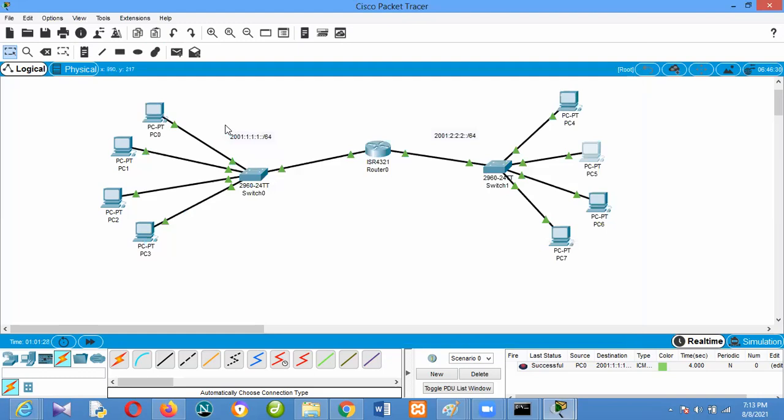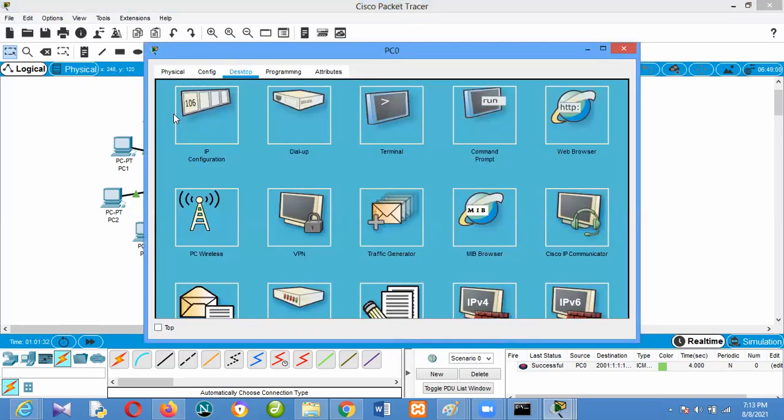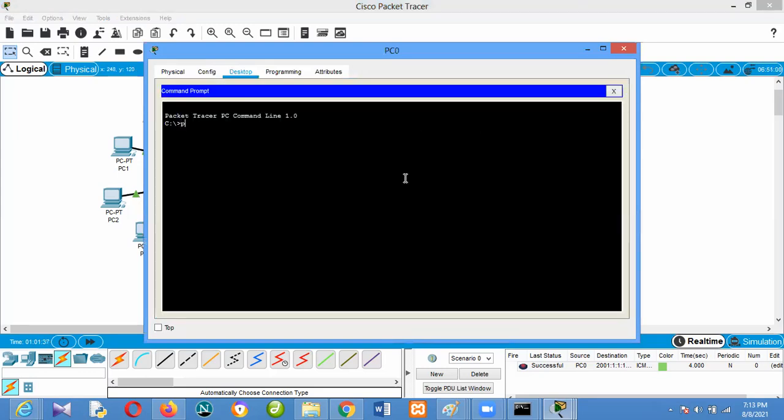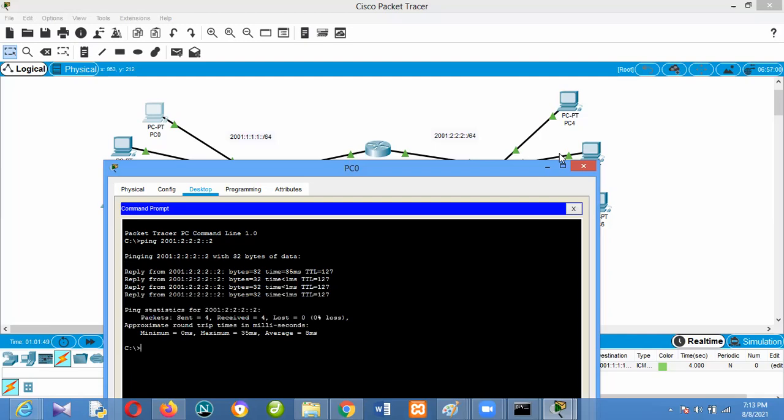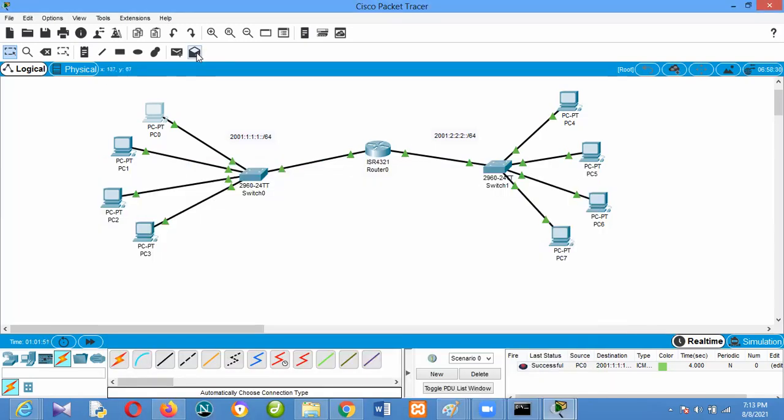So if I want to ping this one from here, I just go to the command prompt and say ping, paste 2222. That means this is the 2222 network here. If I ping it, it is responding. Or I can still use the same thing we used to do before.